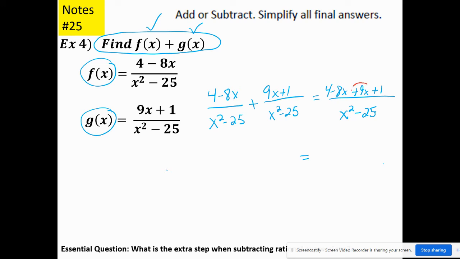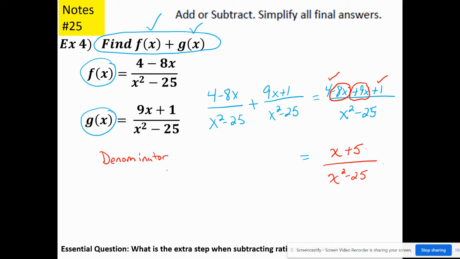Okay, so I'm going to do 9x minus 8x. 9x minus 8x, that's 1x. And 4 plus 1 is 5. We're not done. I'm waiting for you to just get caught up. Okay, so now